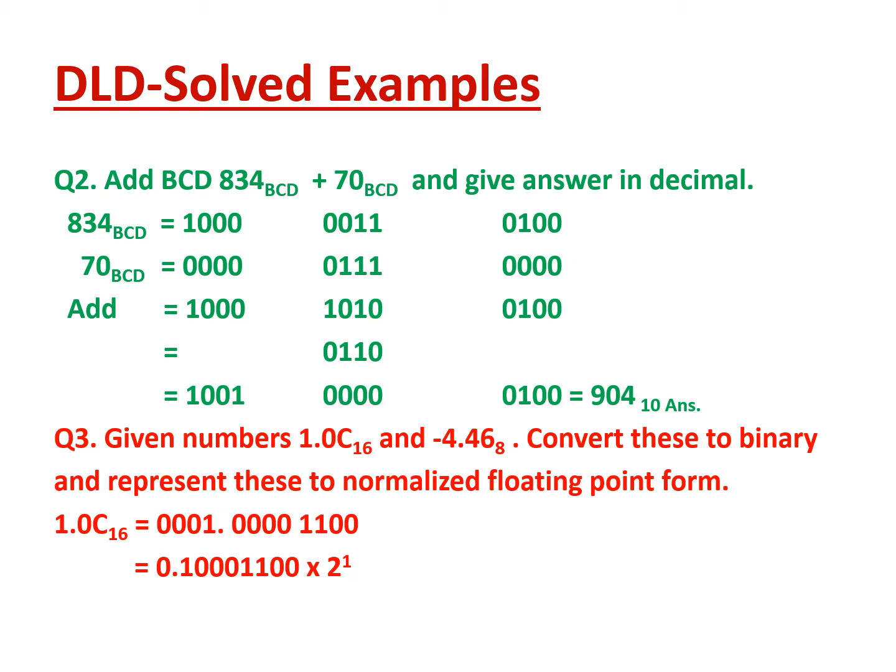Convert these numbers to binary and represent them in normalized floating point form. Why I'm emphasizing this is because you will require it in the assembly language course. So 1.0C to the base 16 is equal to